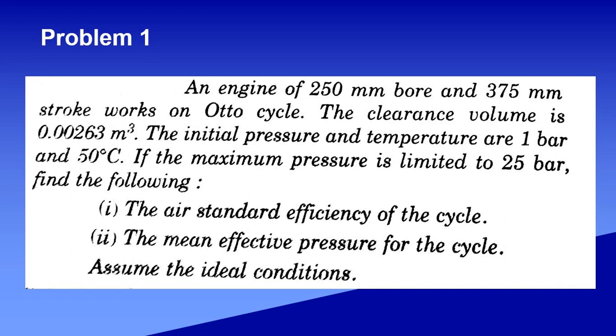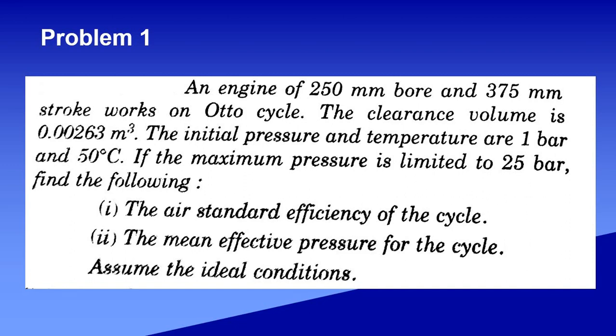For volume, you have to multiply area into length. For finding the area, the bore is given. That means for finding the stroke volume, you are getting the data of D and L. The clearance volume Vc is also given to you. The compression ratio R is equal to V1 by V2, where V1 is the sum of clearance volume and stroke volume. The clearance volume is known, and with the help of D and L you can find the stroke volume, so easily you can find the value of R.